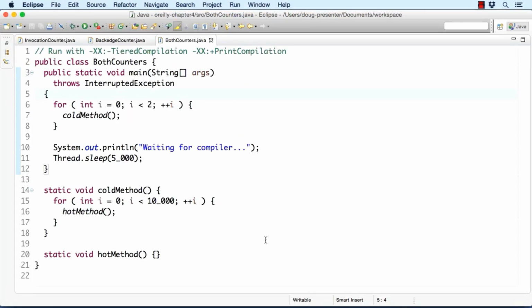To illustrate, we'll look at a program called bothCounters. This program calls a cold method twice inside of a loop, so it will have a relatively low invocation count, 2. But the cold method calls a hot method 10,000 times inside of a loop. So the hot method will have a total invocation count of 20,000, which we've seen is enough to get our